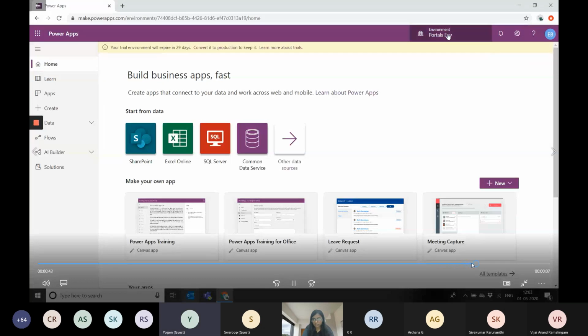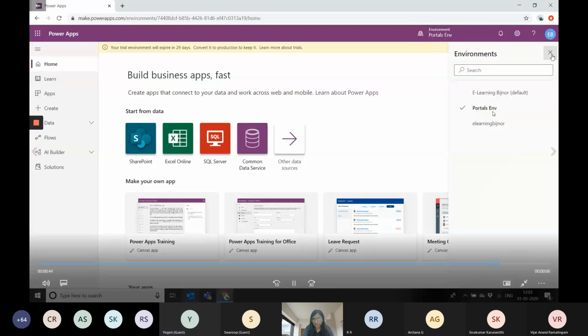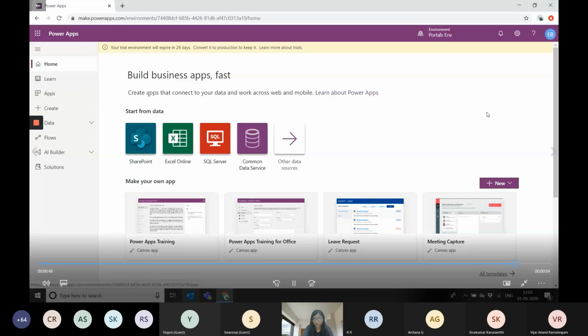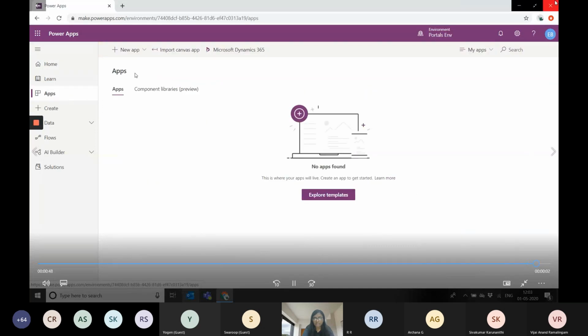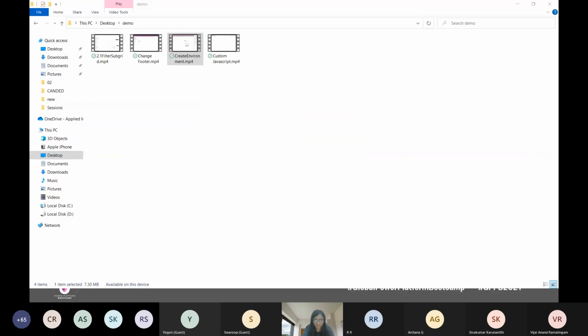Okay. So once your portal is created, it will create an environment and you can go and build that portal from scratch. I already have one portal in my environment, so I won't be able to create another.